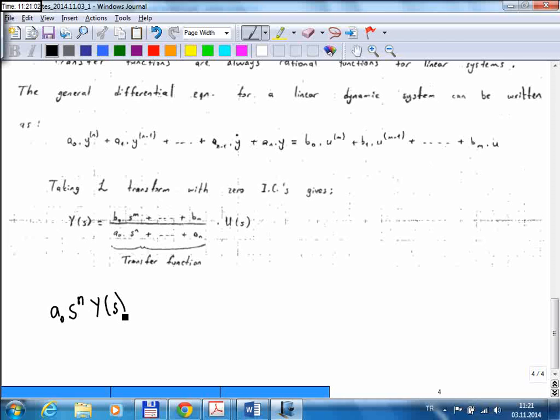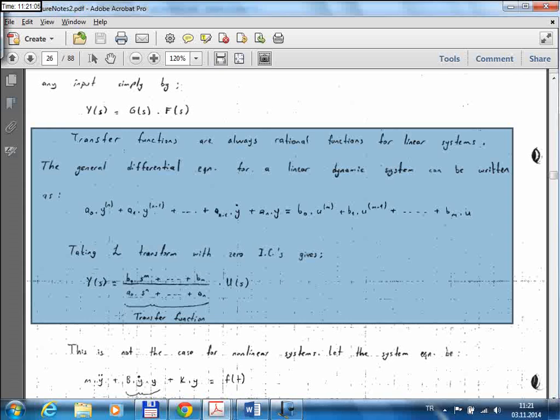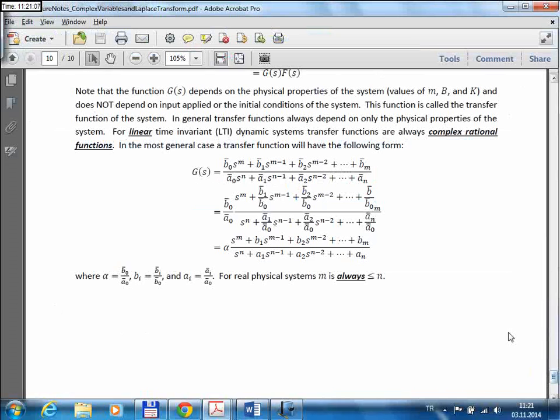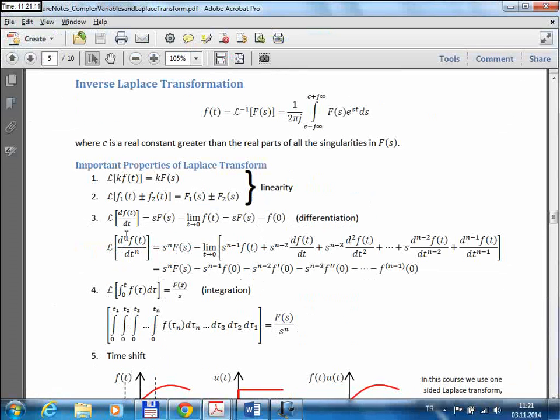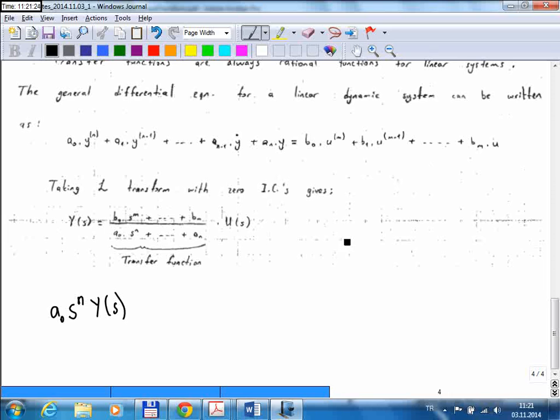Remember that differentiation property: for the nth time derivative, you get s to the power n times F of s, and you have a bunch of other terms, but these are all related to the initial conditions. Since we assume that the initial conditions are zero,